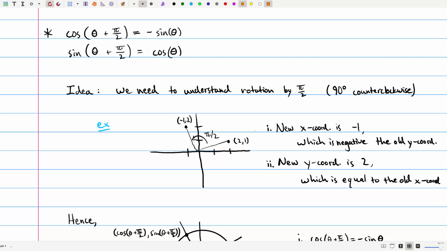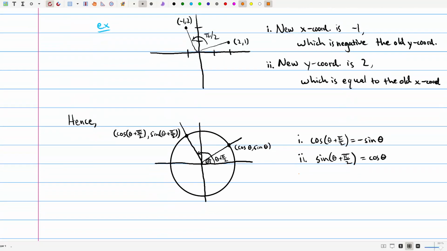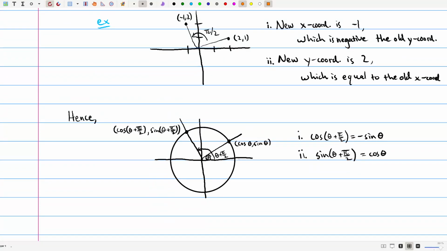So this is true in general. This is how rotations work. The new x-coordinate is always negative the old y-coordinate, and the new y-coordinate is always equal to the old x-coordinate. So with this in mind, let's plot an angle theta and also an angle theta plus pi over 2